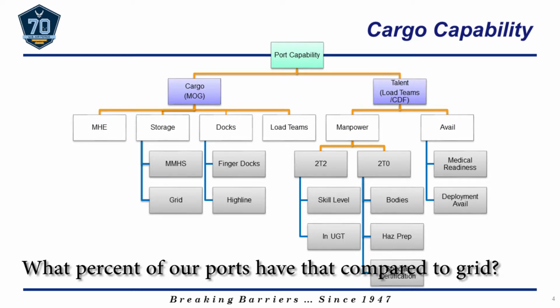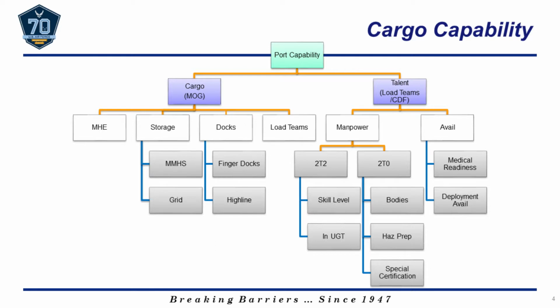The other question too would be, what percent of our ports have that compared to grid and highline? Mainly the large strategic locations. So aerial port squadrons like your Dover and your Ramstein would have this type of technology, whereas something like your Aviano or your Mildenhall, kind of on the fringes, your support organizations in the system, would not. And that's why we wanted to include all these things in the hierarchy, so that if you don't have it, then your score would default to the other score, and the system, or at least this calculation, would eventually